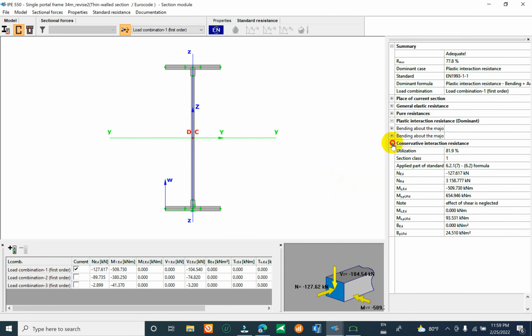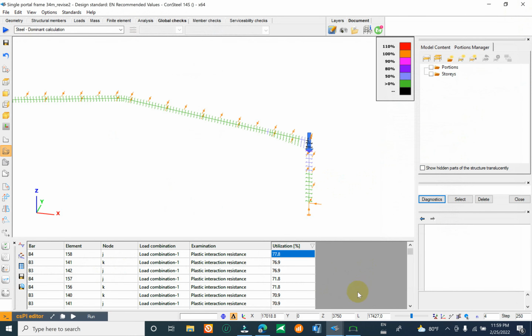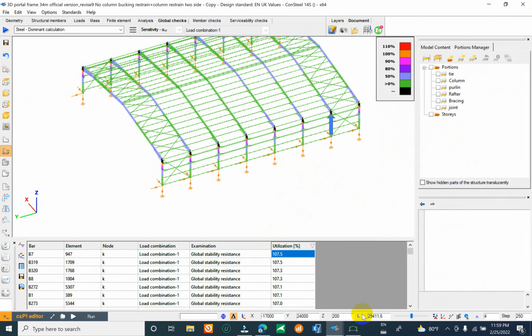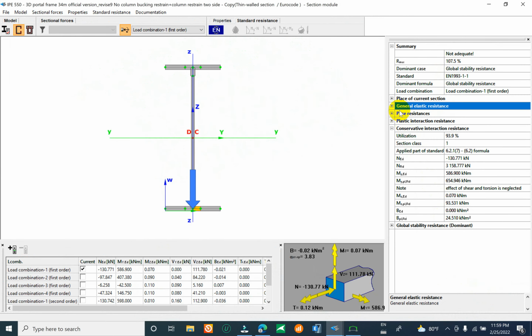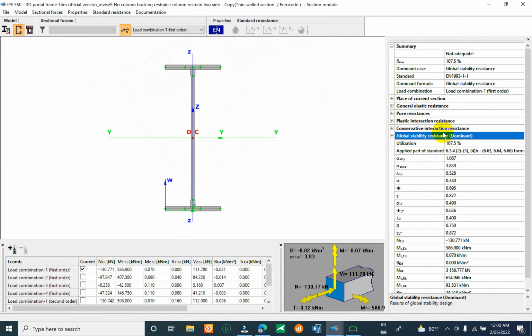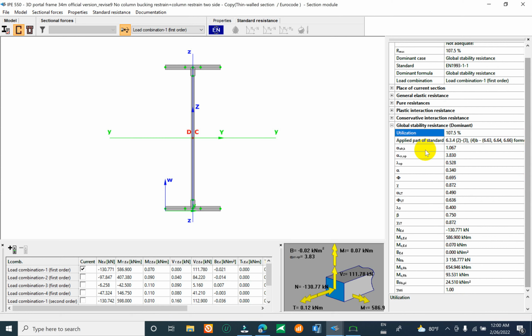The value is taken from the conservative interaction again, 81.3, 81.9%. Okay, but for this section it does not take from the conservative interaction resistance, but it adds one row, the global stability resistance. Okay, you can check here the global stability resistance, the ratio is over 100%, and you can check here the